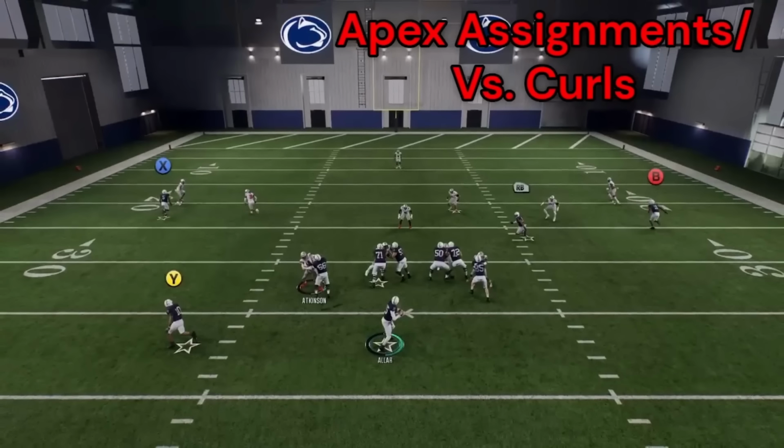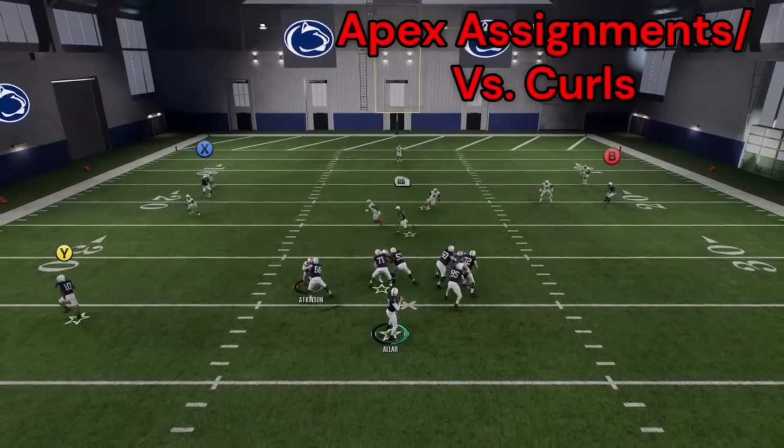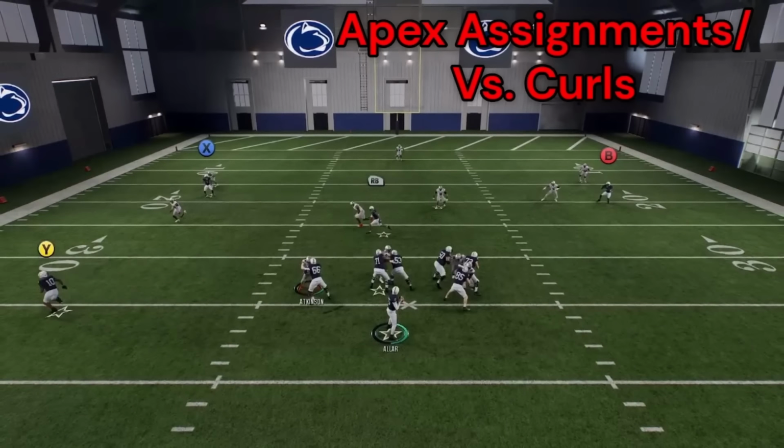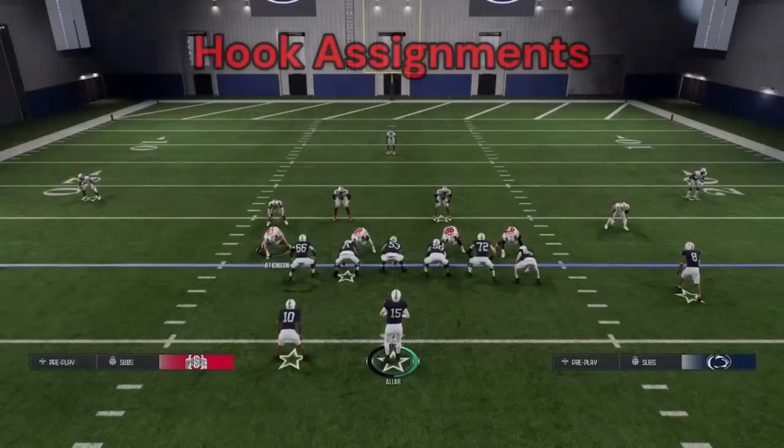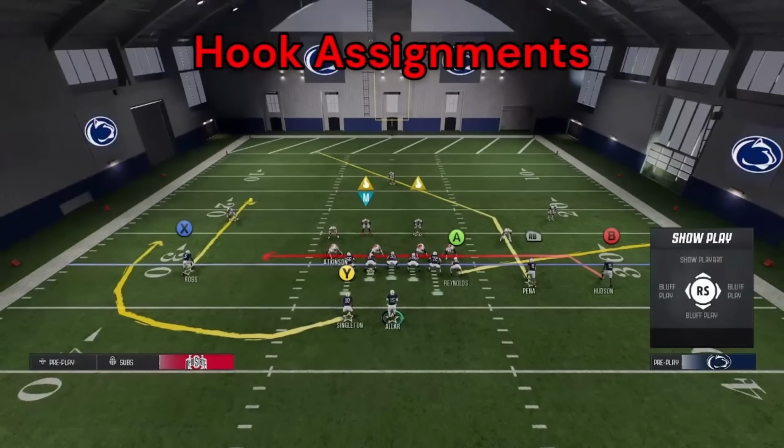Here we send number 2 shallow to show that the apex will make his undercall, and he does a really good job here of getting over to cover the curl, and we pick this up. This looks great. This is perfect. So this is a situation where cover 3 match plays really, really well. But again, it's against such specific coverage concepts or offensive route concepts that it's not a reliable play to run